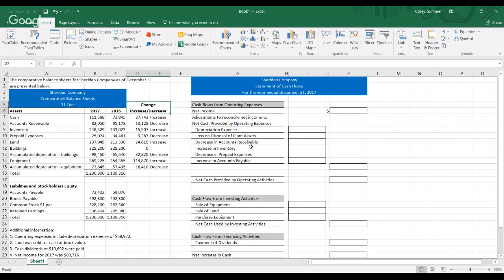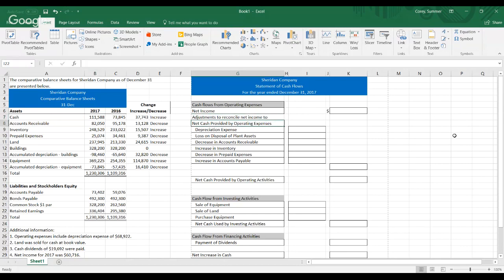I did add right here the change, if it was an increase or a decrease, and that's just going to help us as we go through our statement of cash flows. So I've already filled out the accounts that everything goes to, but I will go over that really quick. We have the Sheridan Company statement of cash flows for the year ended December 31st, 2017, and we have the cash flows from operating activities. We have our net income, and then adjustments to reconcile net income to net